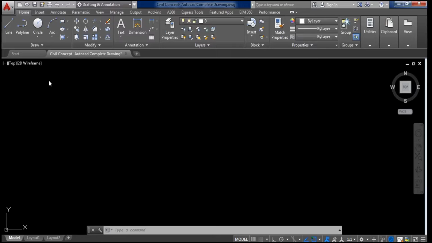In this lesson we will learn the draw command. In the draw command we will learn how to draw a line, polyline and construction line. So to draw a line, just left click on the line command, and after that come to the workspace